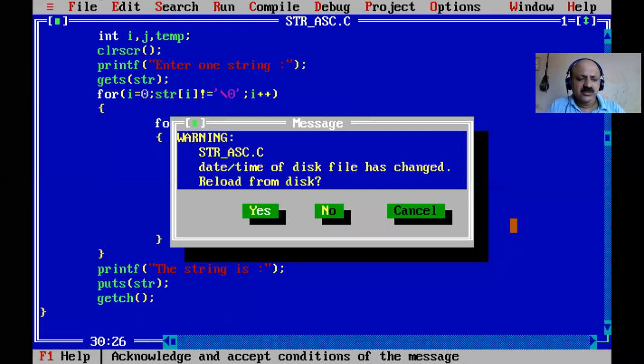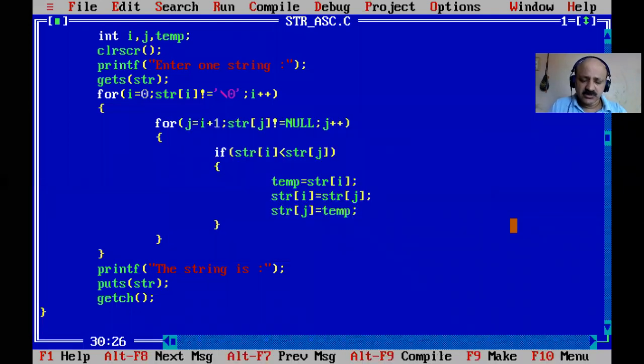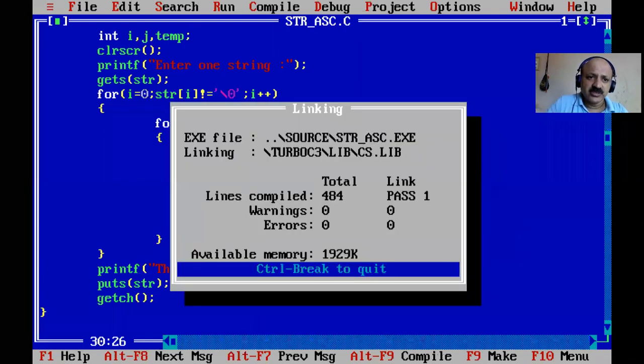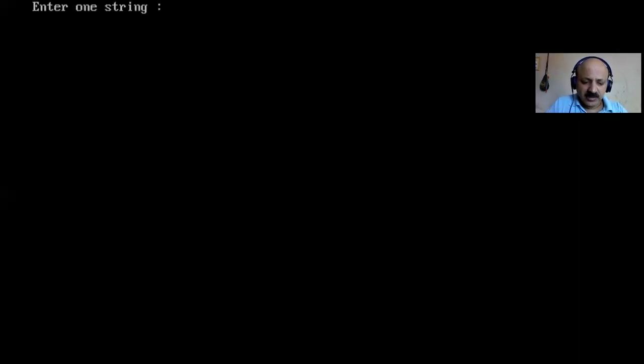M and M, small and capital, also differ, so the ASCII codes must match. So I give all small letters, then it is better. So now it is perfect.